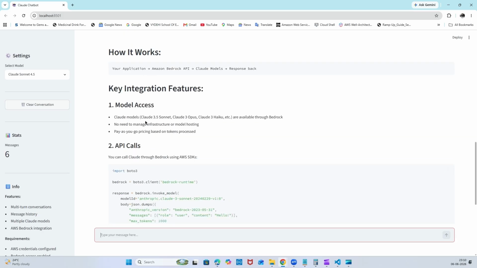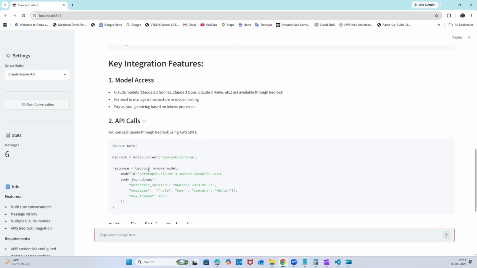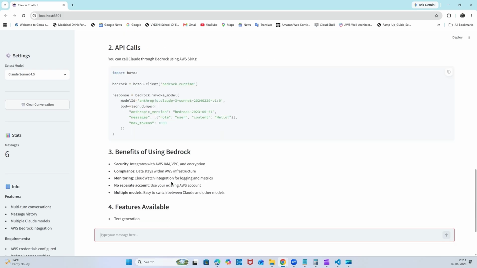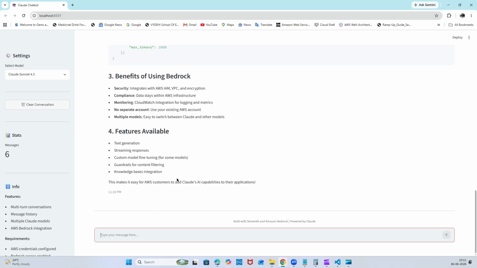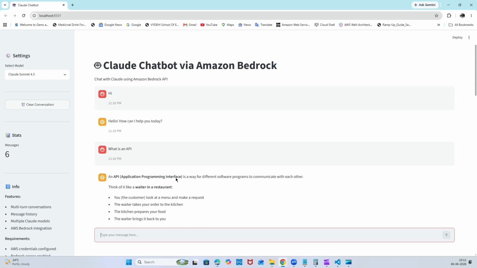So you can see the Claude models which are available in Bedrock as well, Claude 3.5 Sonnet, Opus, Claude 3 Haiku, and through its API calls, we can use any of them. We have this model ID as well, which we can get from the AWS documentation. That's it, guys. We have seen how easy it is to create a chatbot without coding, without generating files as well, through Claude. Thank you so much.